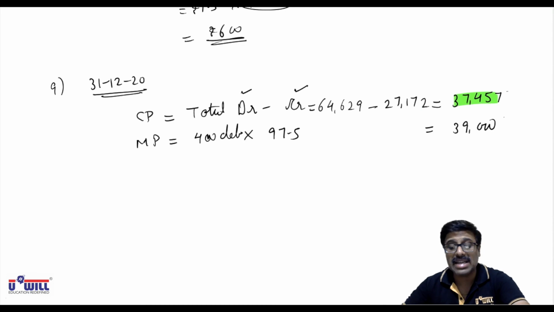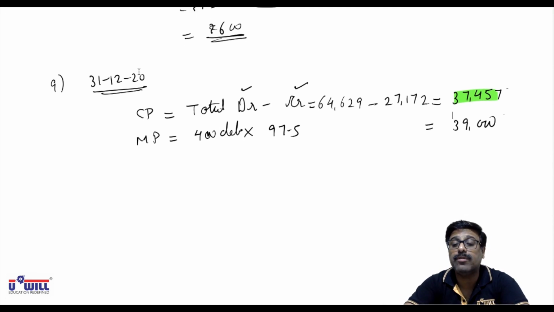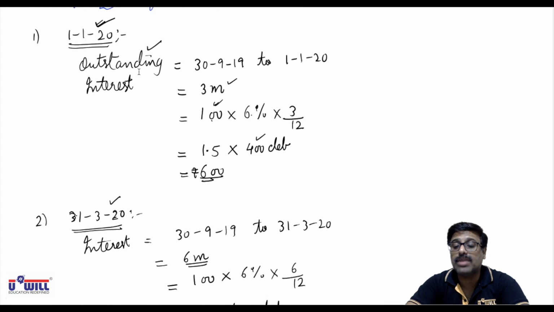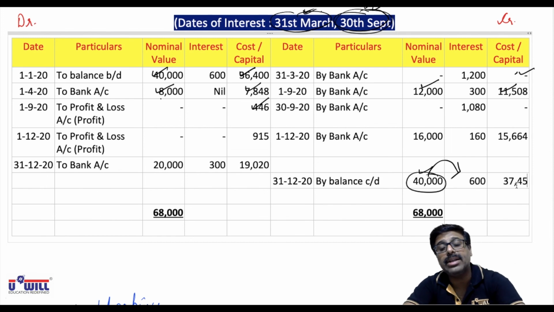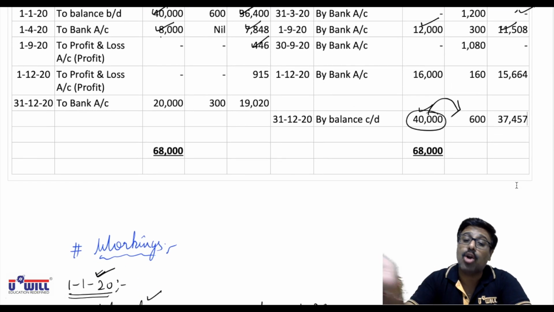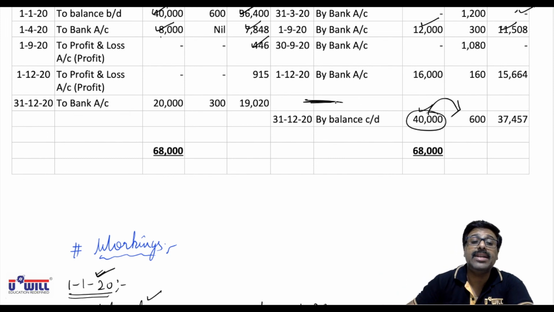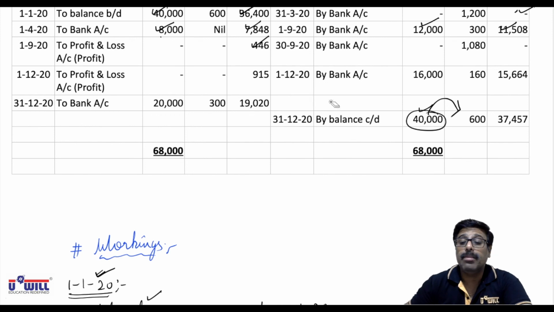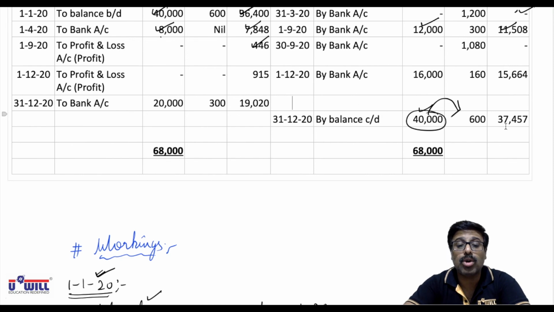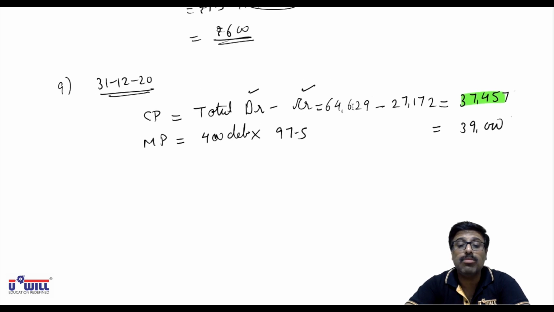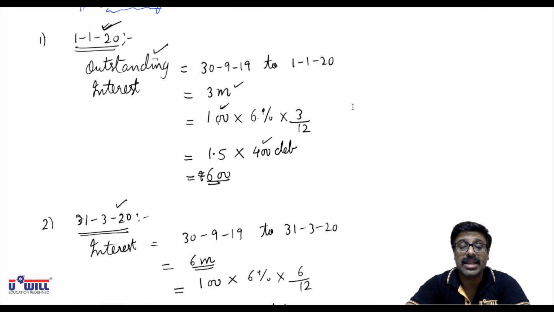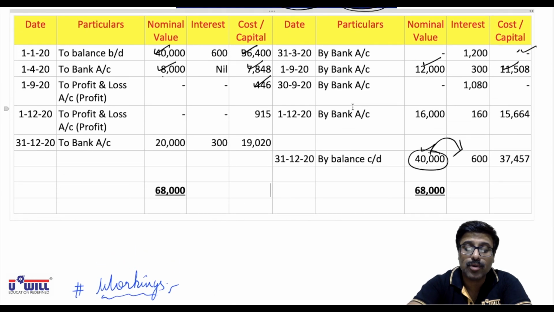What did I tell you? If cost price is less, then directly record the cost price 37457. We always record at cost price or market price, whichever is less. Cost price is less, 37457. We'll directly record that. I told you if market price was less, then loss will also be recorded on credit side. That's why I left one line in between over here, so that in case there is a loss, we can record it over here. But here cost price is less, so directly we record the cost price 37457. Now total of both the sides would come same. Total of debit was coming 64629. So both the sides you will get 64629. Cross check that.